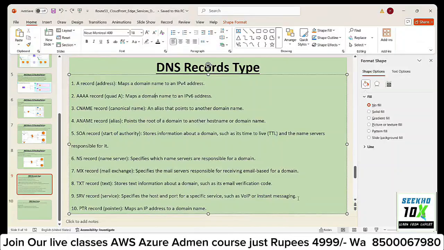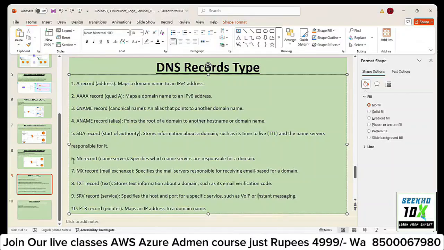For instant messaging, like you are using Teams everywhere, Teams will work on SRV records. If you want Teams to work, your SRV record should be published, and only then will Teams start working. For your email, you require an MX record.